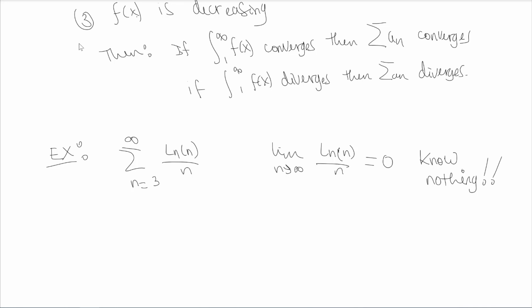The fact that the derivative of natural log of n is 1 over n lets me know, oh, I can use the integral test. Let f of x equals ln x over x and find the integral from 3 to infinity of ln x over x dx. But first, make sure that this is continuous on 3 to infinity, has positive terms, which it does, and is decreasing. So for the decreasing is where we have to work. So we either have to use